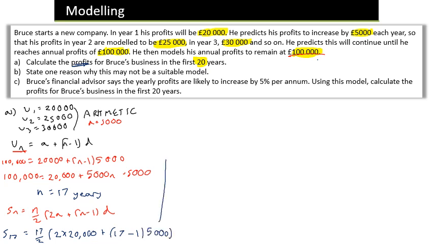And so then I'm just going to write up here now. When you input that, you end up with £1,020,000. Not yet the final answer though. Why is this not yet the final answer though? It's 20 years. We've only worked out the first 17 years. So there'll be an extra 3 years where he earns £100,000. So all we need to do is add on 300,000 to this answer. So we get a final answer of